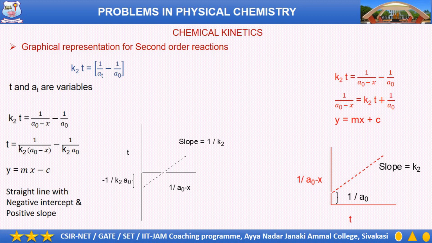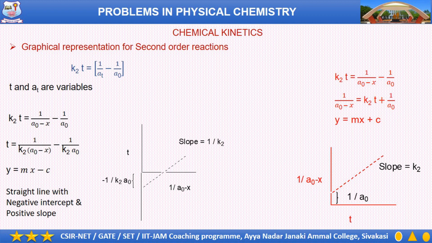1 by a minus x is equal to k2 into t plus 1 by a naught. Only two ways you can represent the graphical representation for the second order. And here, if you plot the time versus variable 1 by a minus x,